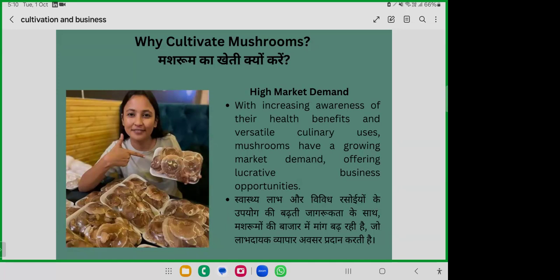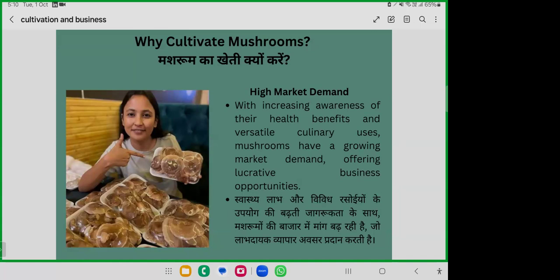Apart from this, there are other varieties of mushrooms as well, like milky mushroom, which requires 30 to 40 degrees Celsius to grow. Ganoderma needs 30 to 35 degrees Celsius. Shiitake is 20 to 25 degrees Celsius. Oyster requires 15 to 30 degrees Celsius. Button is 16 to 20, and enoki is also somewhere around 8 to 20 degrees Celsius. There are more than 70 varieties of mushrooms, and we can cultivate mushroom round the year.